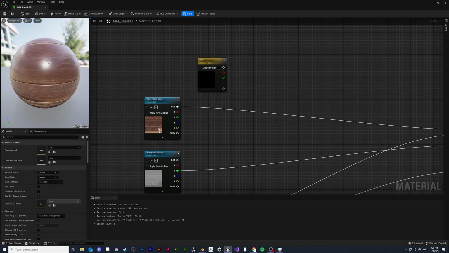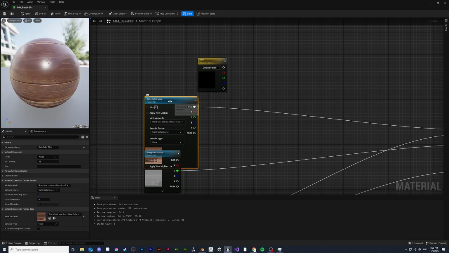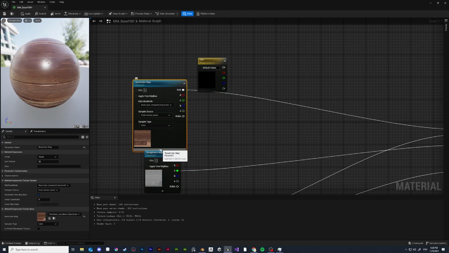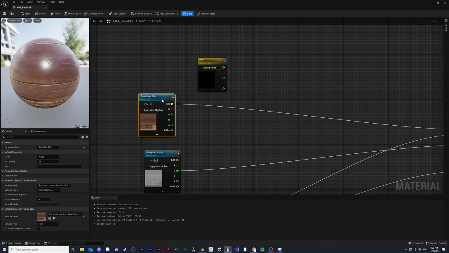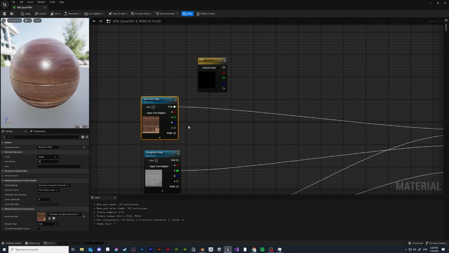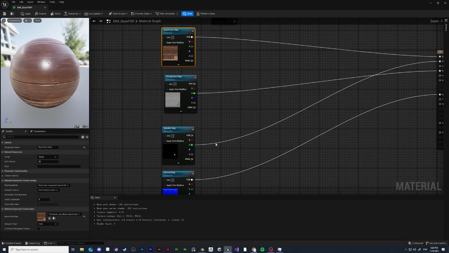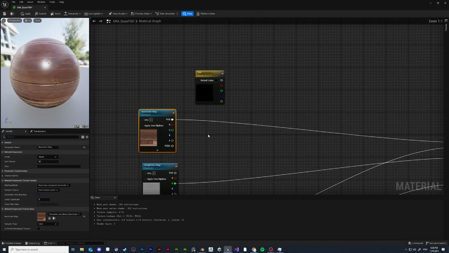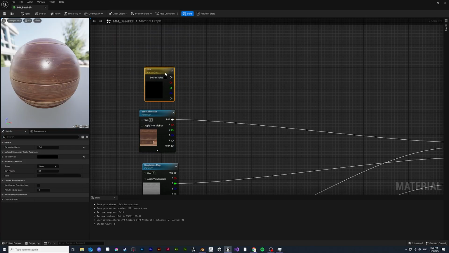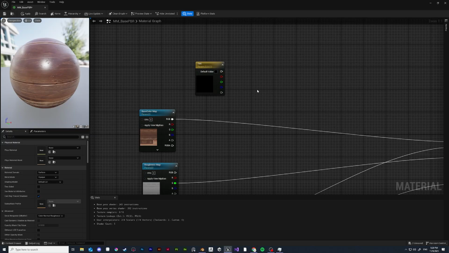Because we kind of learned about this earlier in the semester, every single one of these maps, right, it's just some numbers for each pixel, meaning we can do math to them. The same way that the black and white values are 0 to 1, for each color value, we're also dealing with 0 to 1, which is where we get our channel packing and stuff. Now, none of these are channel packed at the moment, but we can still multiply those values together. So if I take a tint and I take a multiply,